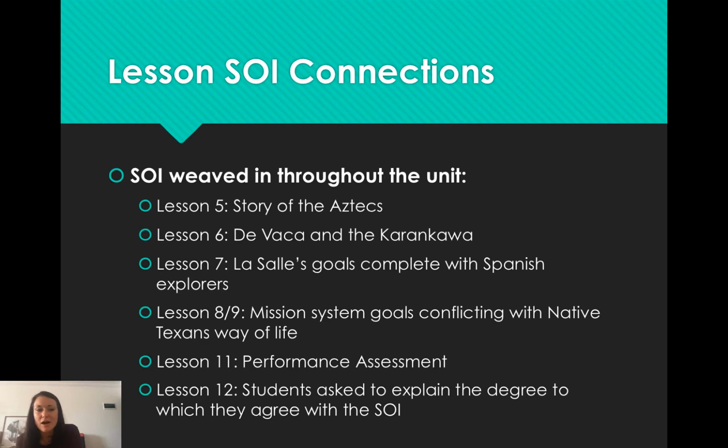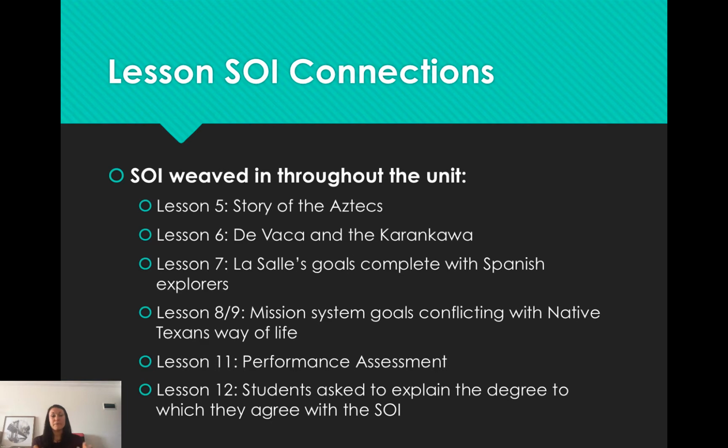And of course, all of our lessons are also connected to our statement of inquiry. Something I saw last year that I thought was really cool was a teacher, anytime there was a transition in class, put up a slide that had the statement of inquiry on it and just took a couple of minutes, maybe 2 minutes, and had a couple of kids either talk or turn it into a turn and talk or a quick write, and had kids connect what they just learned with the SOI, which is a way to make that SOI a living, breathing part of your classroom and to really drive authentic discussions about that overarching big idea.